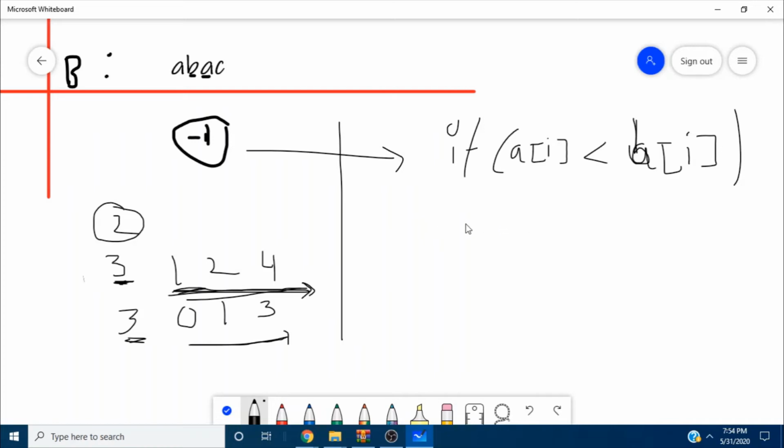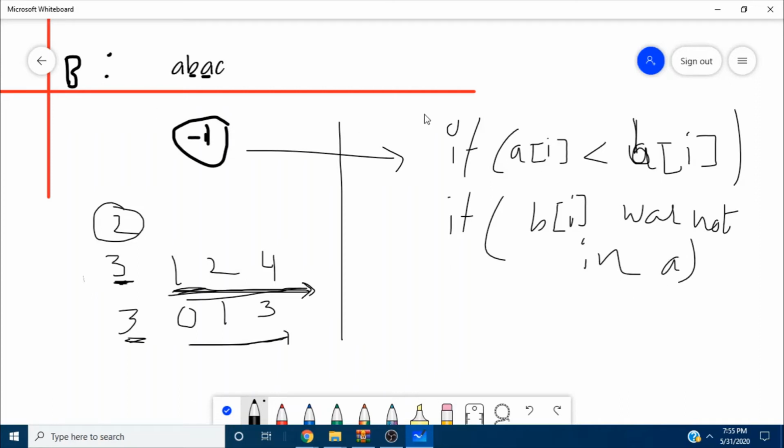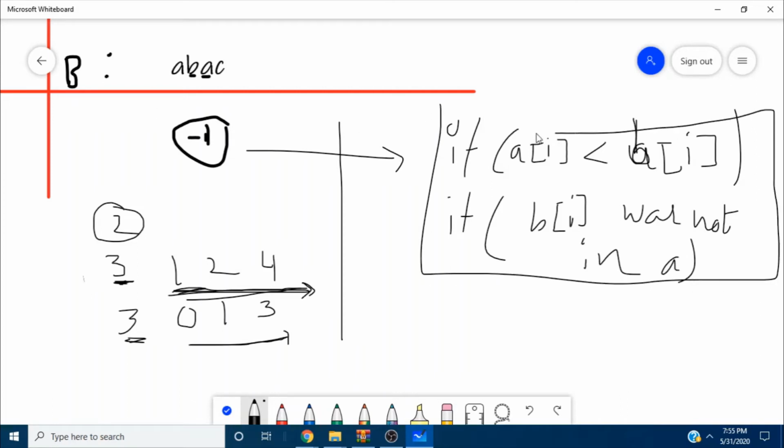And if a character of B was not in A, then also we cannot convert. These are the cases where we will get -1 as our answer.